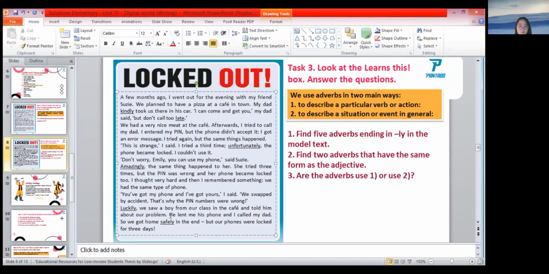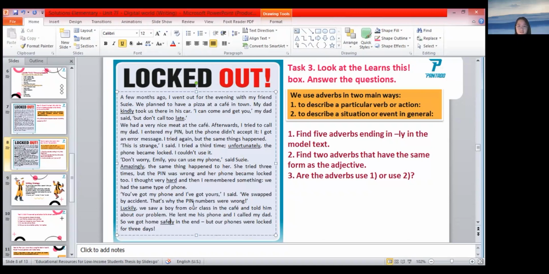Okay, just let me try to find the word hard here. Okay, so we have 2 adverbs that have the same form as the adjective and 5 adverbs ending with "ly"